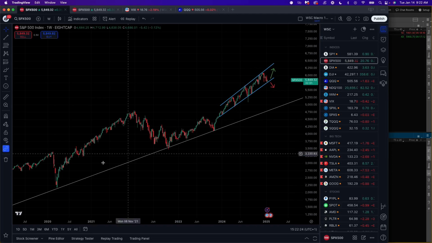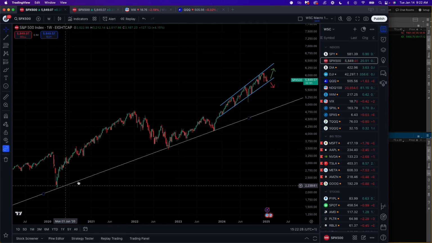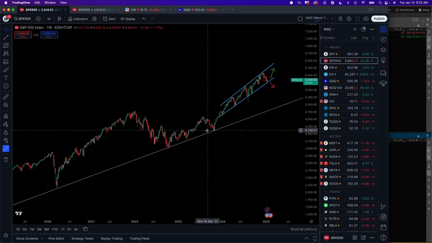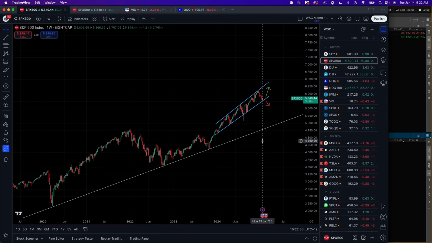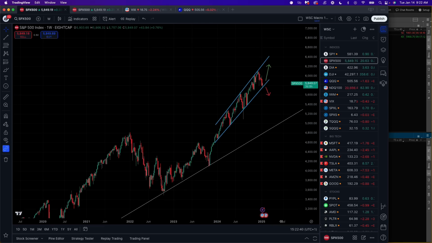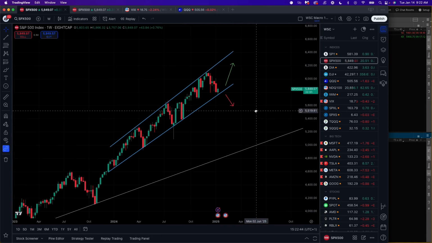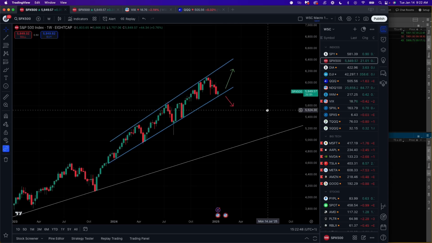We're still above our two super macro patterns. The first pattern would be what I like to call the COVID bull market. It goes all the way to the lows on COVID, validated through 2022, 2023 corrections, and we continue higher. Additional to that, we also have the 2024 bull market, and let me zoom in here. While we remain in the 2024 bull market, yes, we can call it 2024 into 2025 bull market.